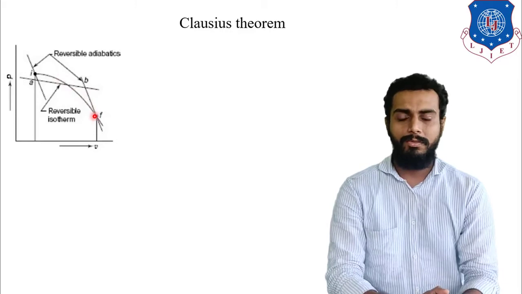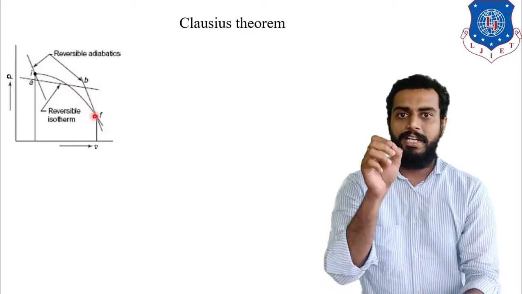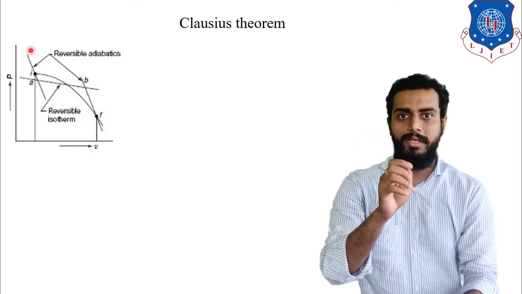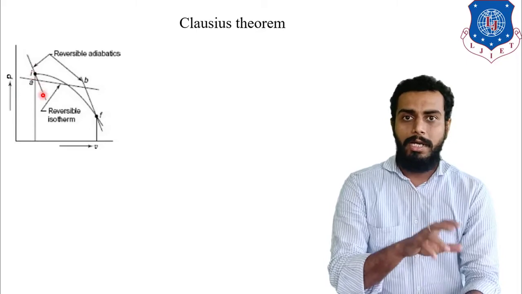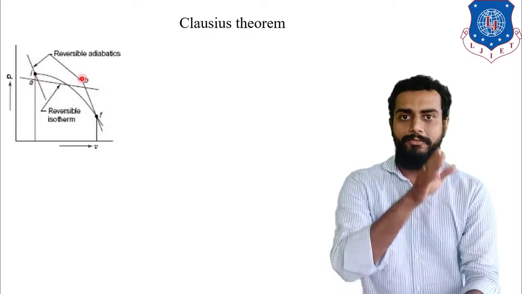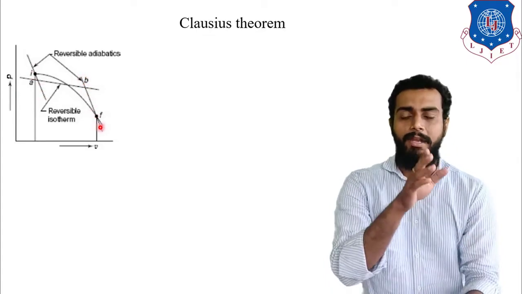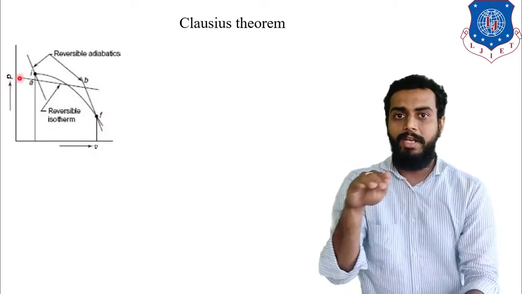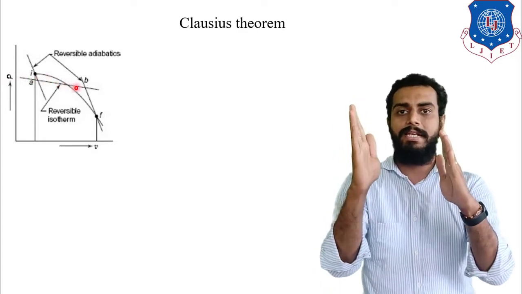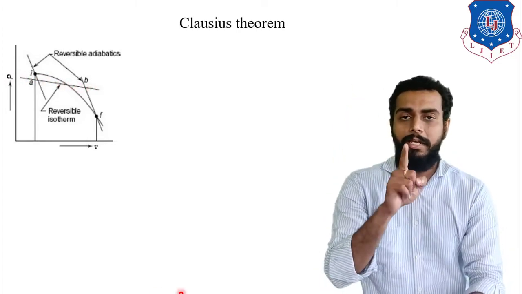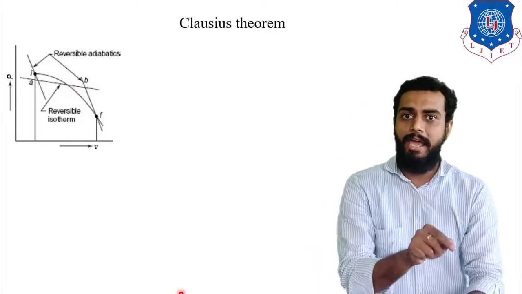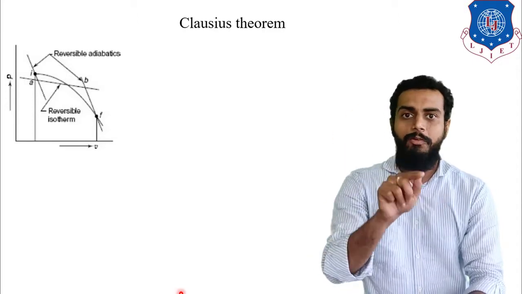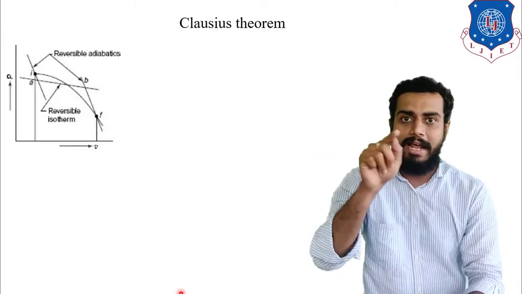Now what we will do, simple. From point I we will draw a reversible adiabatic line, that is an inclined line. You can see that on the drawing. And also we will draw another reversible adiabatic line from point F, that is also an inclined line. And we will draw a reversible isothermal line that will cut both reversible adiabatic lines such that it will create the IABF line, such that the area under IABF will be equivalent to the area under IF.